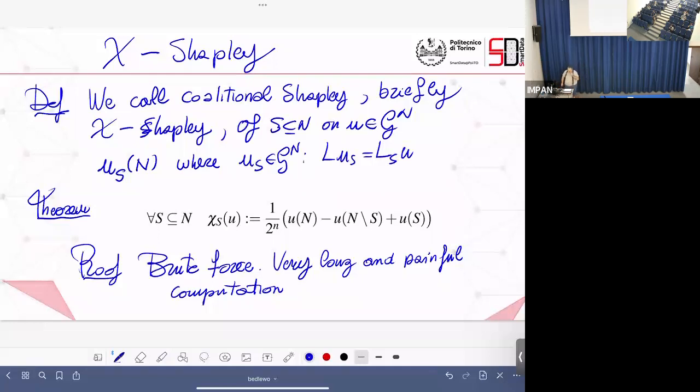I didn't include it in the talk because it was not clear to me how much time I needed to explain. But we have made comparisons. What you produce with this is a game. What you produce with Shapley is a string of n numbers, which is what is called an imputation. You're sending a number to each player. I produce a number for all subsets, for all coalitions. So actually, this is a game.